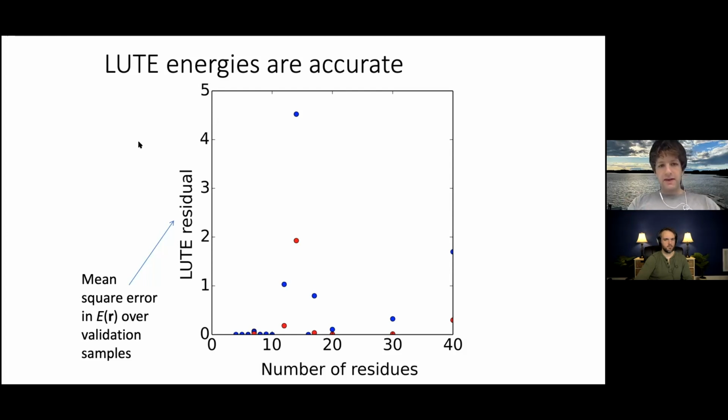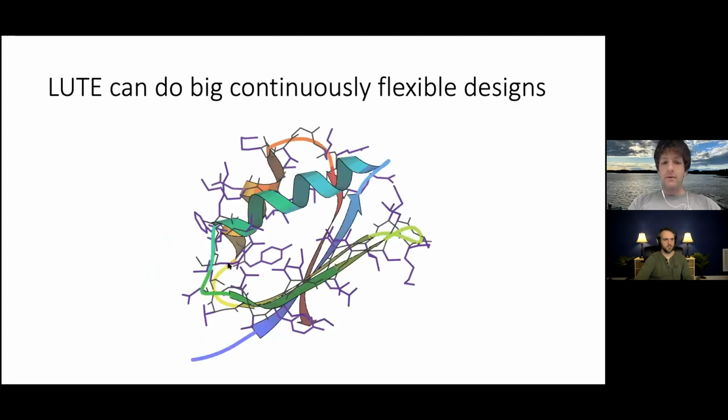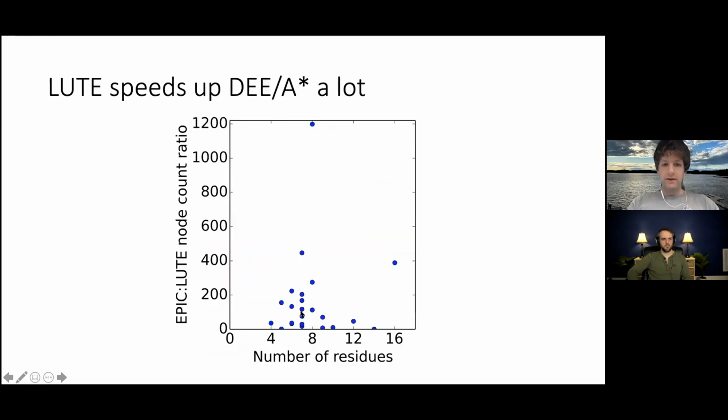And what that gave us is that it roughly doubled the size of the problem that we could handle compared to the immediately previous model, able to model all these residues with continuous flexibility and expand a lot fewer nodes than DEA star. So that speeds up the tree search compared to the bounding-based techniques by two to three orders of magnitude.